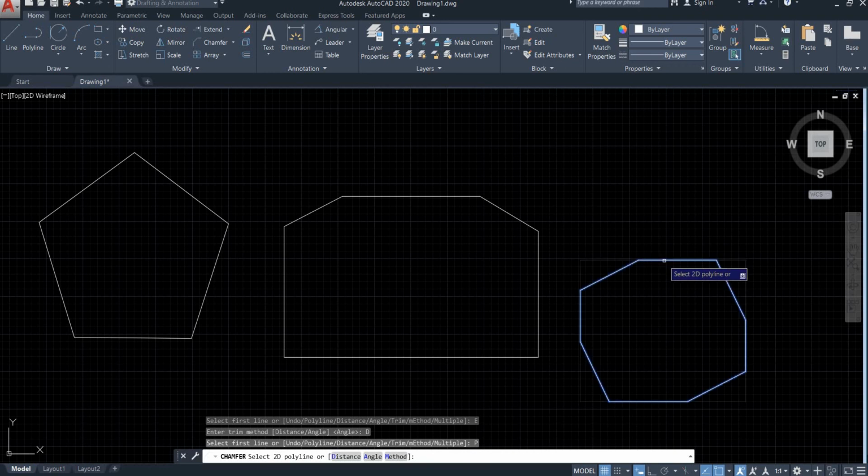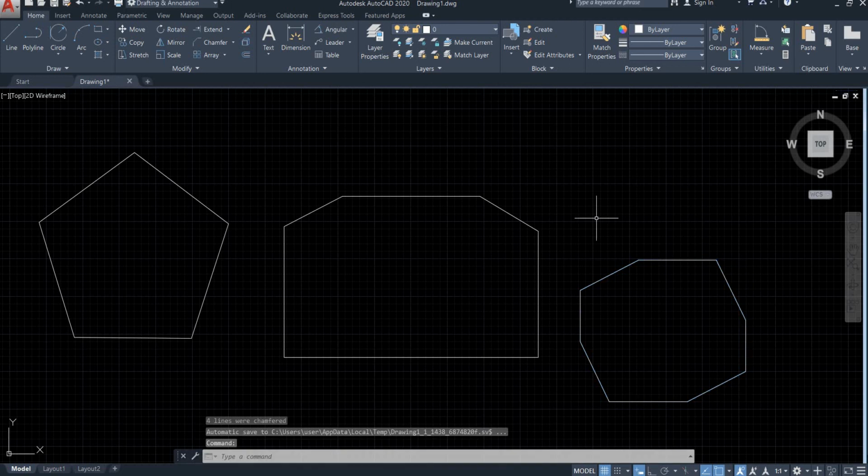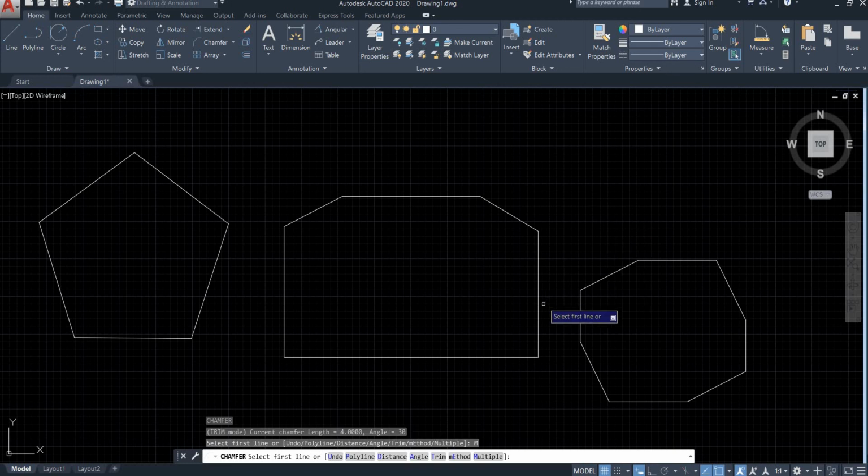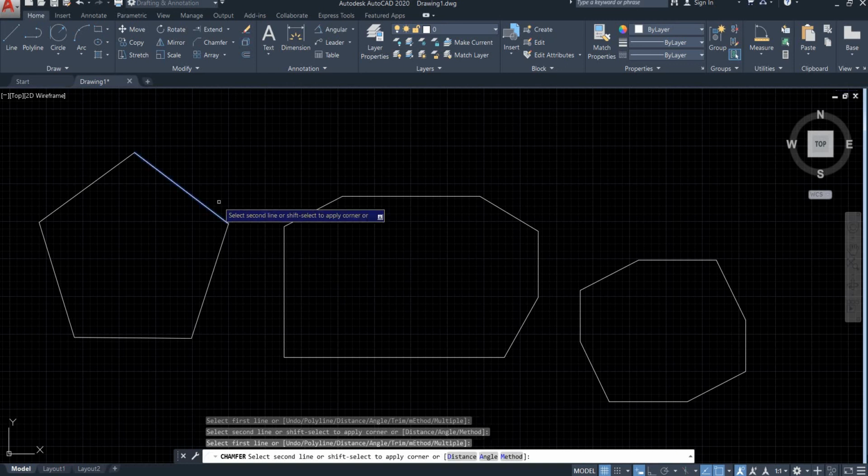So you'll see that all the corners of the rectangles are being chamfered at once. Let's activate the chamfer command again, and this time I'll set the method to angle, and from the menu let's select multiple. Once you are in the multiple mode, you can set a chamfer distance for one corner and you will see that you are still in the chamfer command. So you can create some more chamfers, and once you are done, you can press escape.